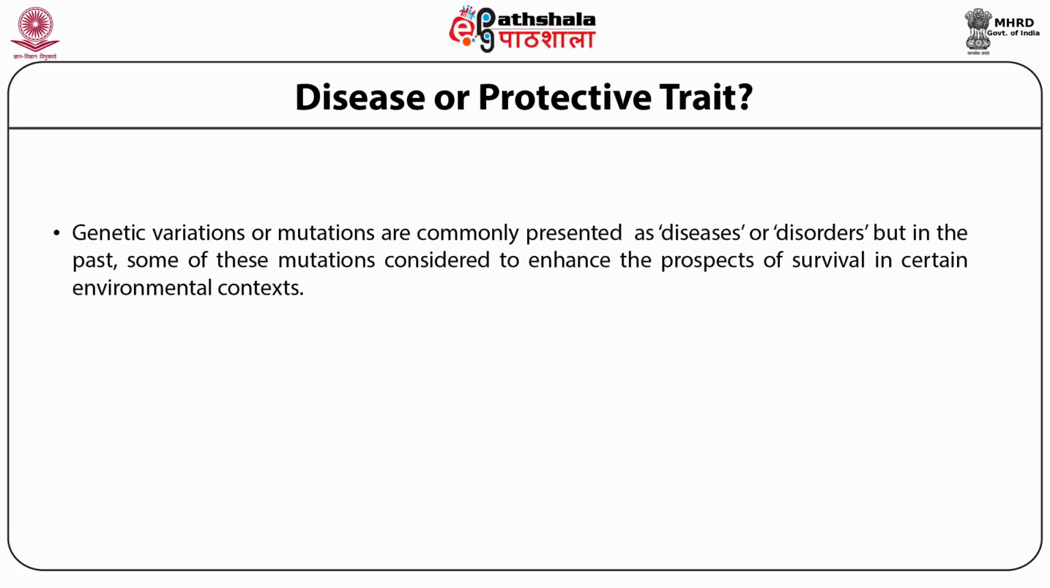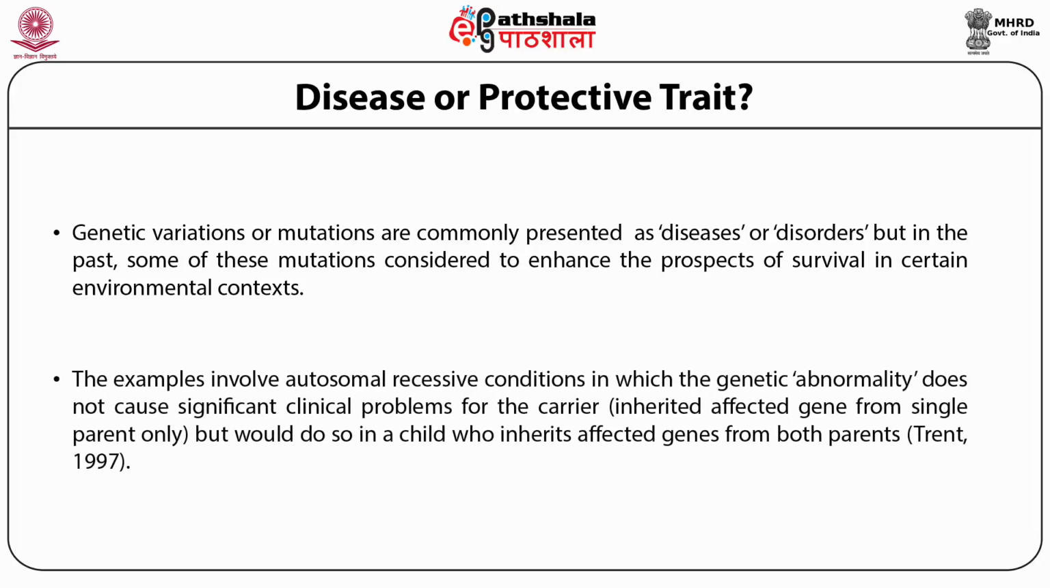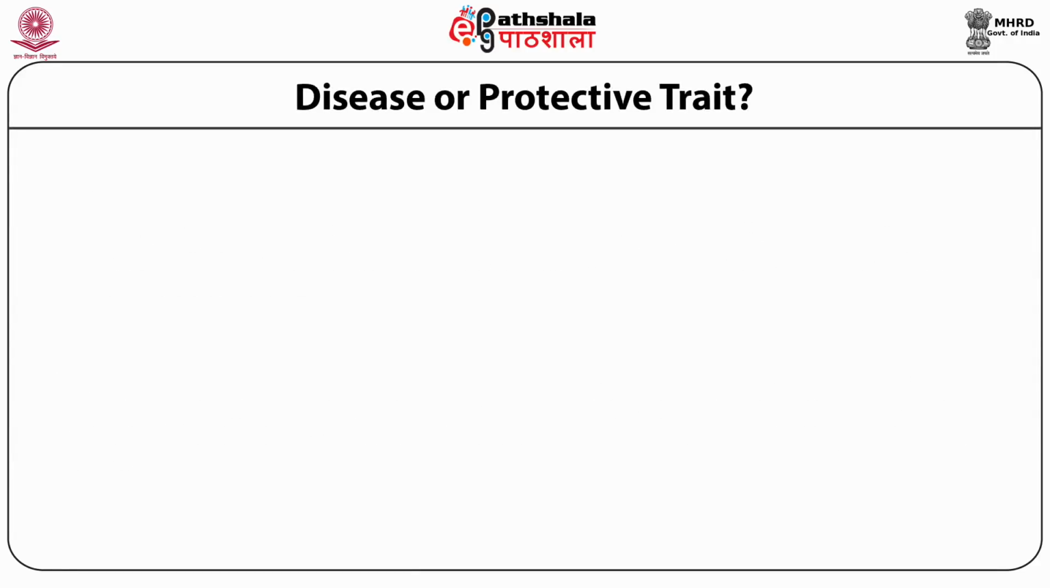Genetic variations or mutations are commonly presented as diseases or disorders, but in the past, some of these mutations were considered to enhance the prospects of survival in some environmental context. In some examples, the genetic abnormality does not cause any disease condition for the carrier, that is, inheriting an affected mutation from a single parent involves autosomal recessive conditions, but would result in disease condition if a child inherited affected genes from both parents, as reported by Trent in 1997. Now we have the example of beta thalassemia,